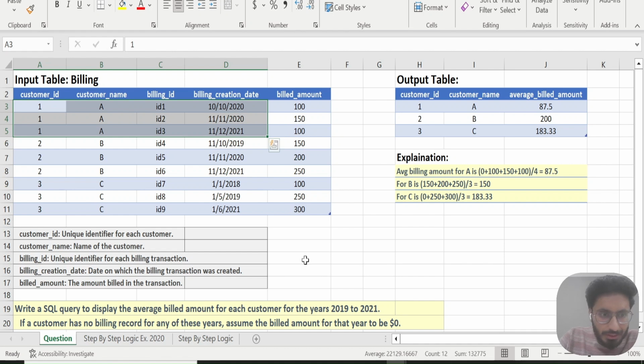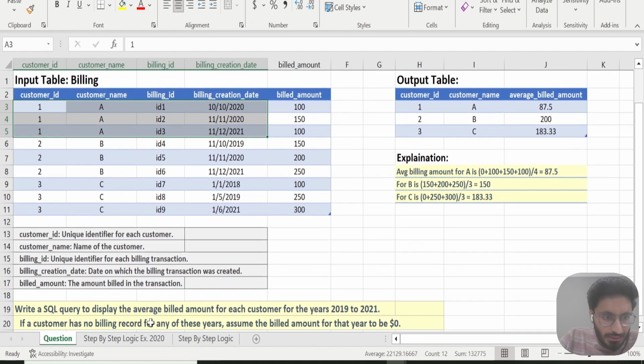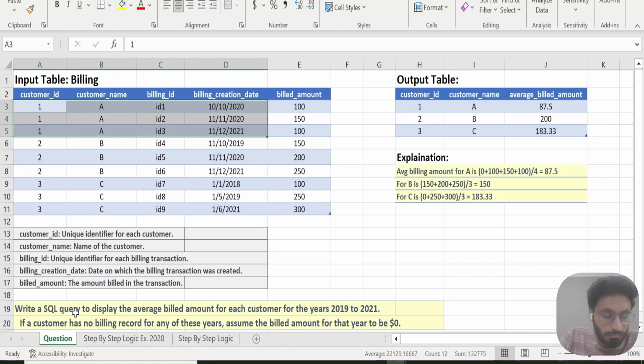Okay, now let's read the question. Write a SQL query, or we are going to write a PySpark code over here, to display the average billed amount for each customer for the years 2019 to 2021. So from 2019 to 2021 we are going to see each average billed amount for each customer. If the customer has no billing record for any of these years, assume the bill amount of that year to